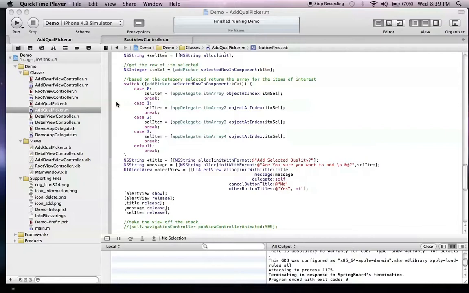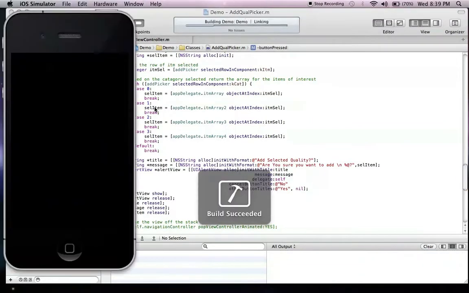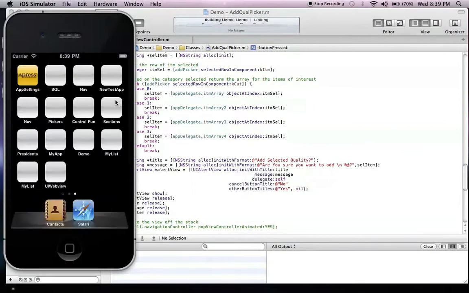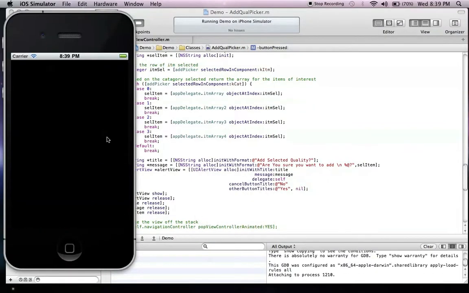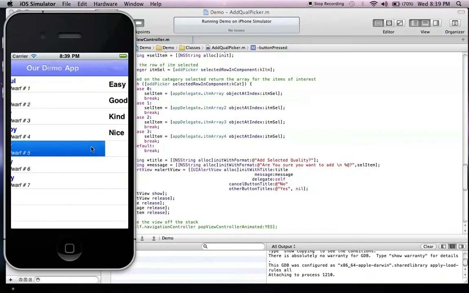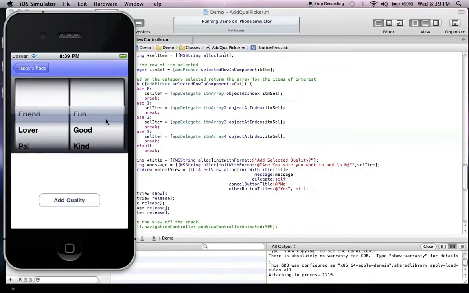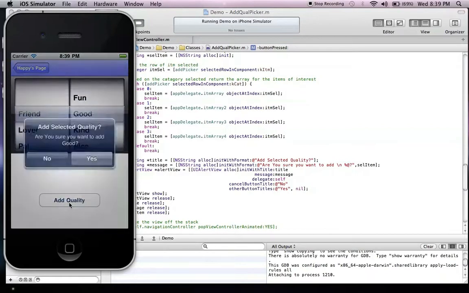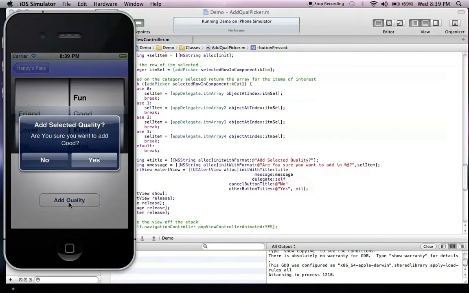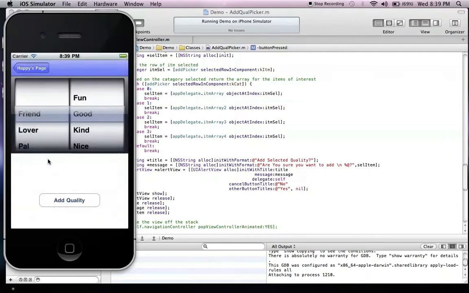Okay, this is tutorial number 17. We're going to do a quick run through of where we were in 16 up to this point. We just want to add a little reminder. At this point, you can either add or say no that you're not going to add the quality from